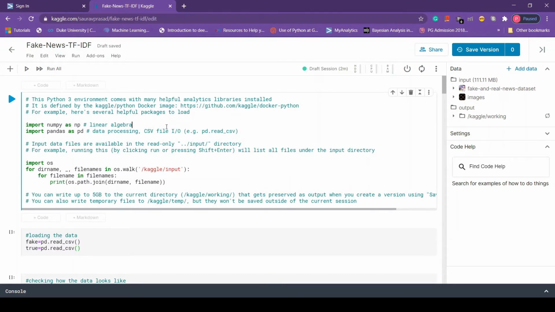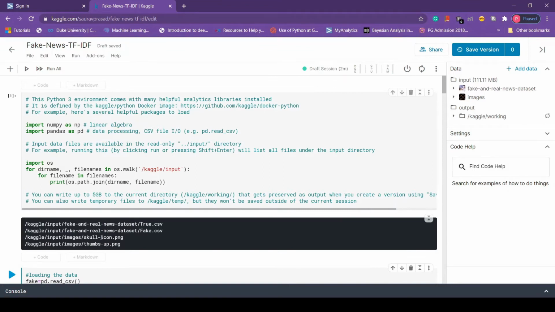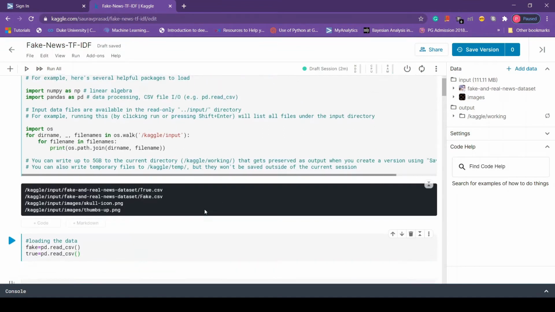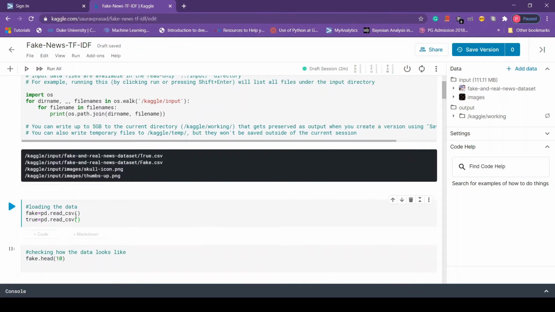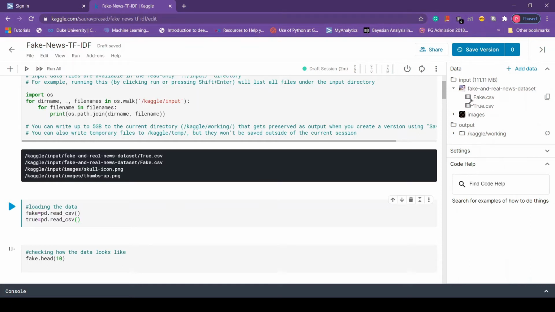Okay, first thing we have to do now is to upload the dataset. So how do we do that? We see a fake and real news dataset at the upper left corner. Just click here and we get two files in CSV format. First is the fake file containing all the fake news articles, and the second containing all the true news articles.